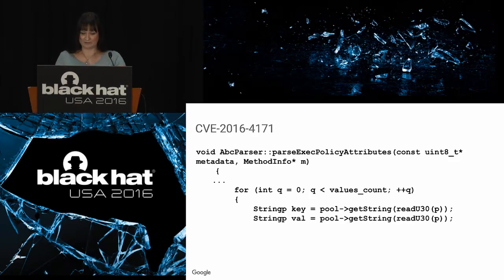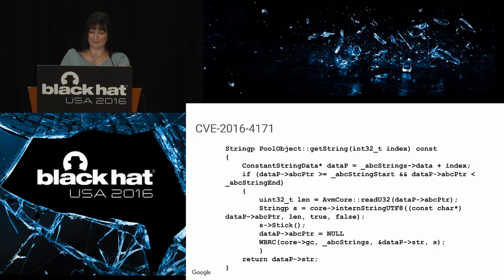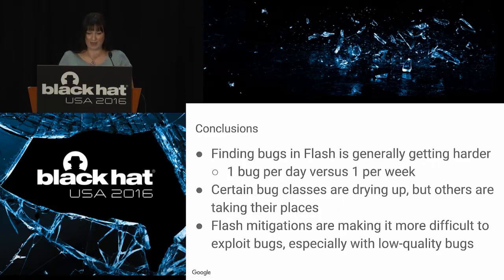And it's in the open source Swift parser, so you can see they're parsing this chunk, and then the bug is that they're reading this uint30 out of the Swift without checking it. So this can be way out of bounds if you want. So then you can see where this getString index is used, and you can see they're just adding it to a pointer. So obviously this can make that pointer way out of bounds, and then this turns out to be exploitable. So that's the end of the year.